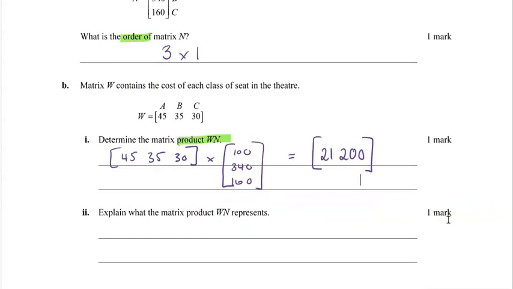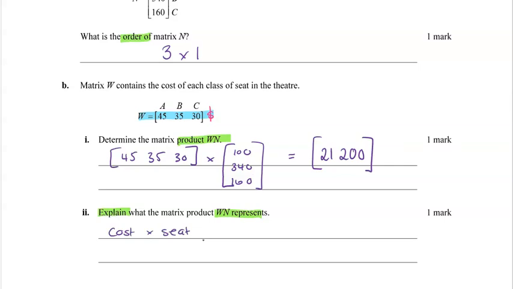Part 2, explain what the product matrix WN represents. So we have to give an explanation of what our previous answer represents. When we're doing multiplication, not only do we need to consider the order of the matrices we're multiplying, but we can also consider the labels. So if we look at matrix W, what it was representing here was the cost. So effectively, we were talking about cost as our row label times each seat number. So we've got cost by seat